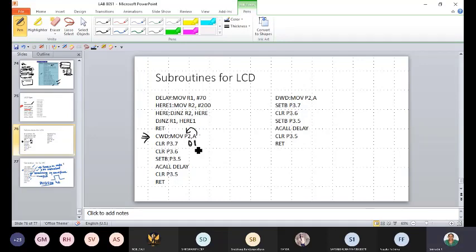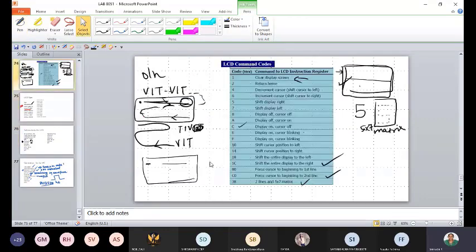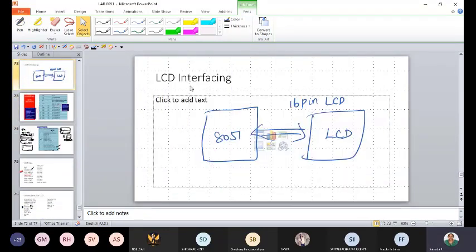Because the LCD which we have interfaced has its data lines DB0 to DB7 connected to the P2 port. So via P2 you will be communicating with your LCD: you will be placing the set of command words, and the content that should be displayed on the LCD.